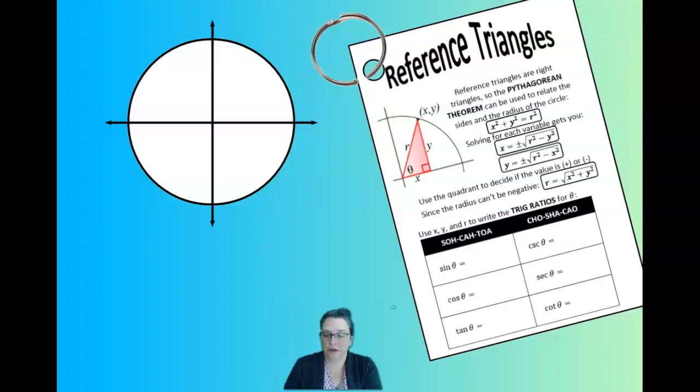So welcome to our notes on reference triangles. In our last notes, we learned about sine, cosine, and tangent as ratios of sides with relation to an acute angle theta in a right triangle. Now, if we take what we just learned and apply it to what we learned before that with central